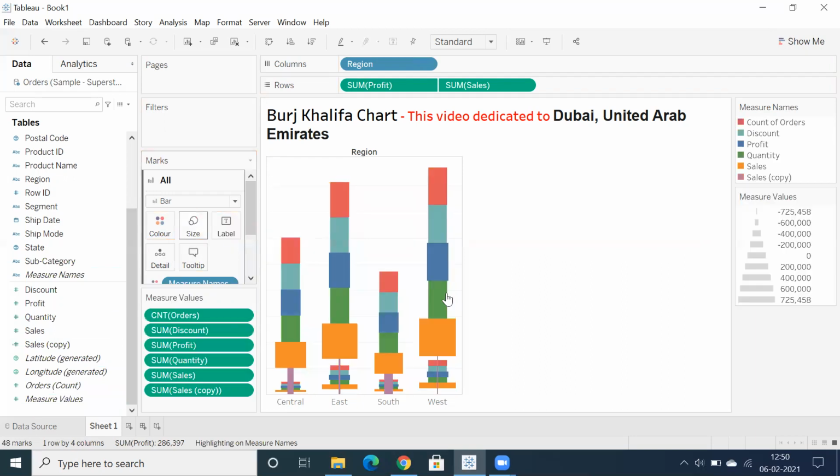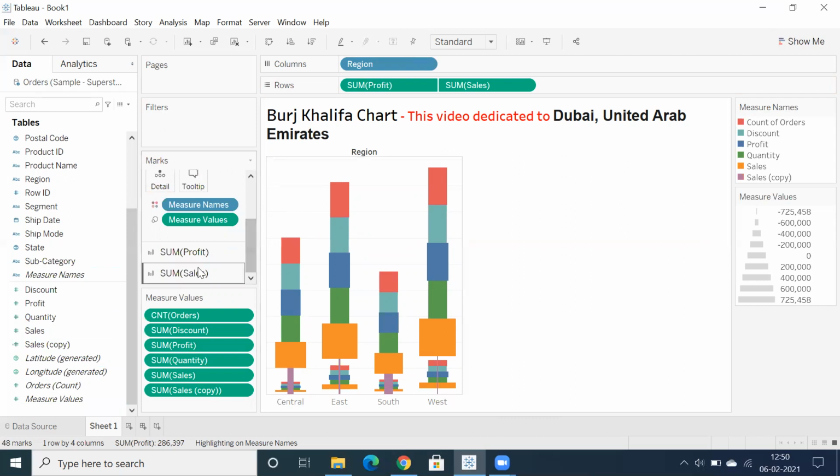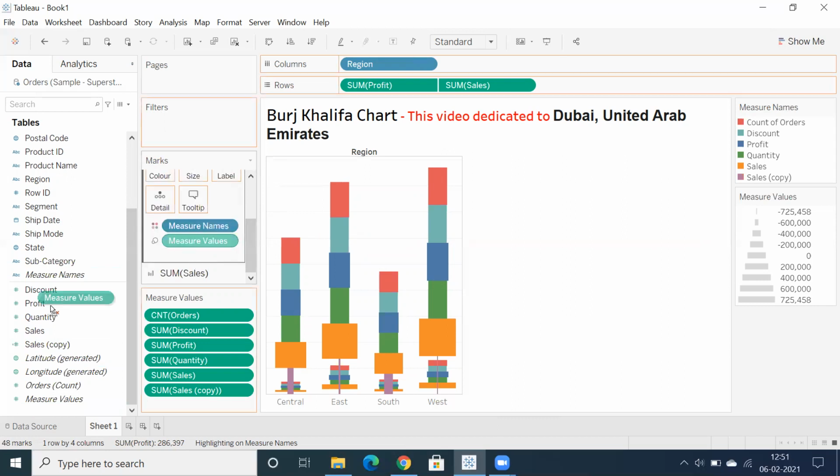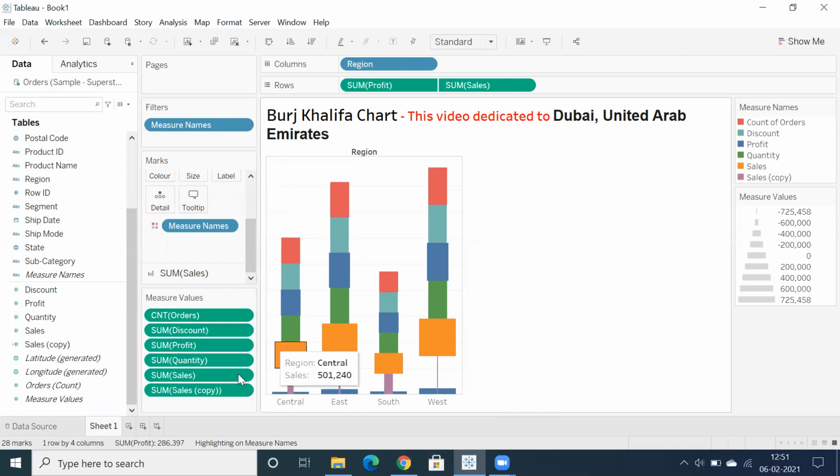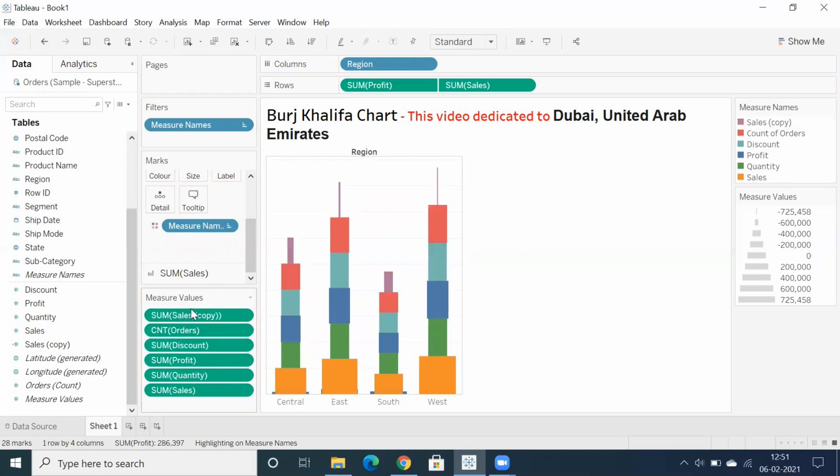By default, with this marks card, let's say in profit, let's remove this measure values, and you can see we have negative sales down the level. So you can bring it to the top. Now we can see we have sales, quantity, profit, discount. It's kind of an order where, based on the values, you can showcase it, so make sure this particular order follows. And you can also check the size here, so based on the negative values, you can showcase this.